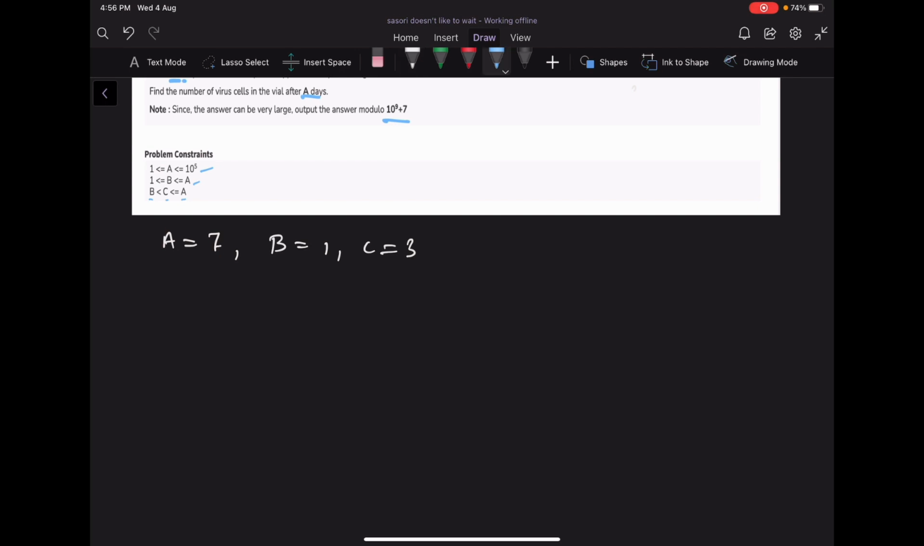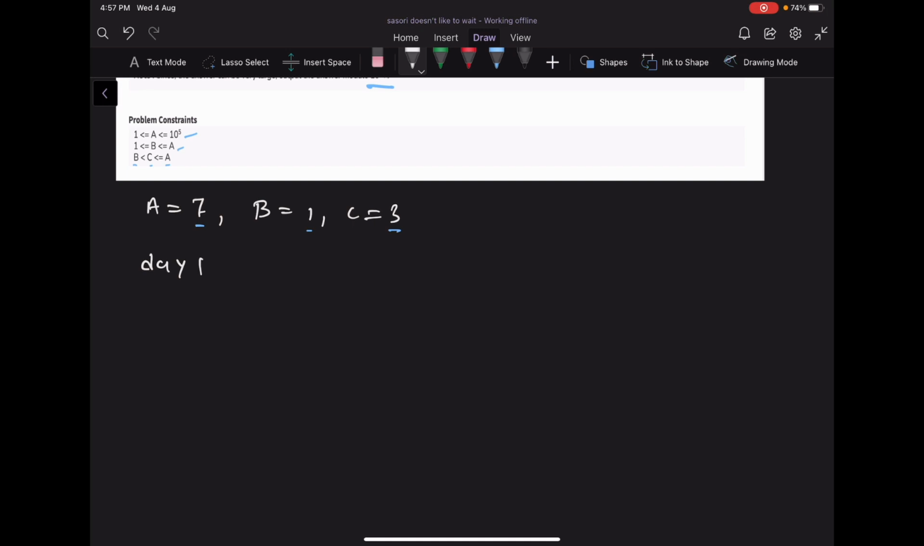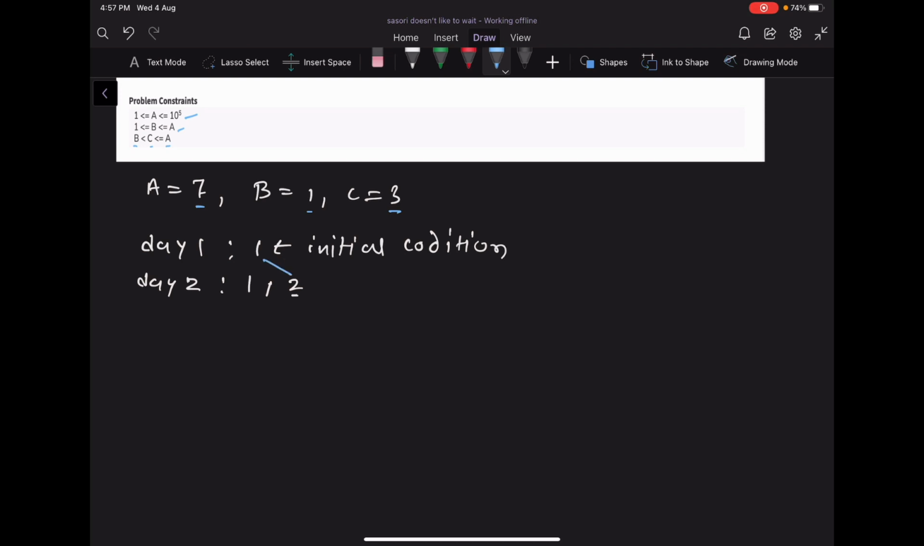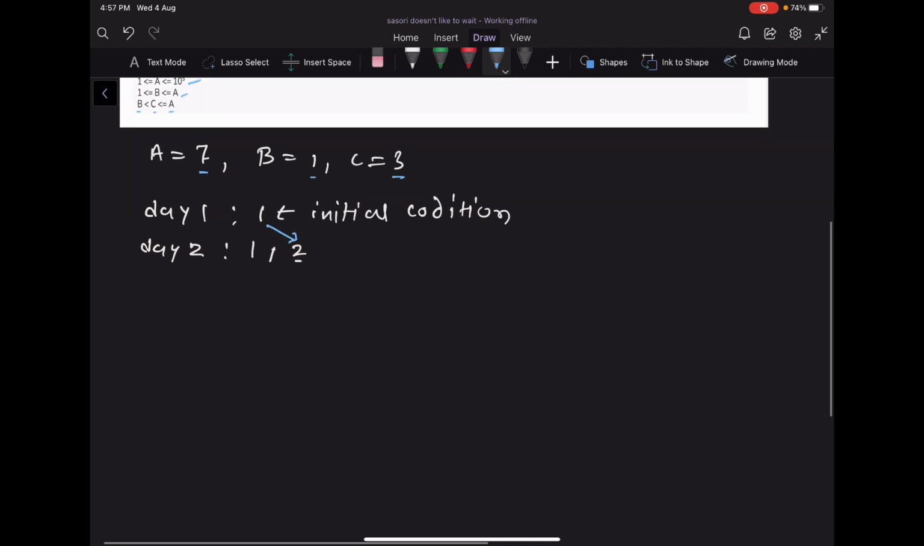So what this means is that we want the answer for the 7th day. After 1 day each virus gives birth to a new virus, and after 3 days each virus dies. So on day 1, one virus is there because this was the initial condition. And on day 2, one virus which was there on day 1 plus one virus which was created on day 2. So this number represents on which day a specific virus was created. So this virus was created by this virus, and on day 3